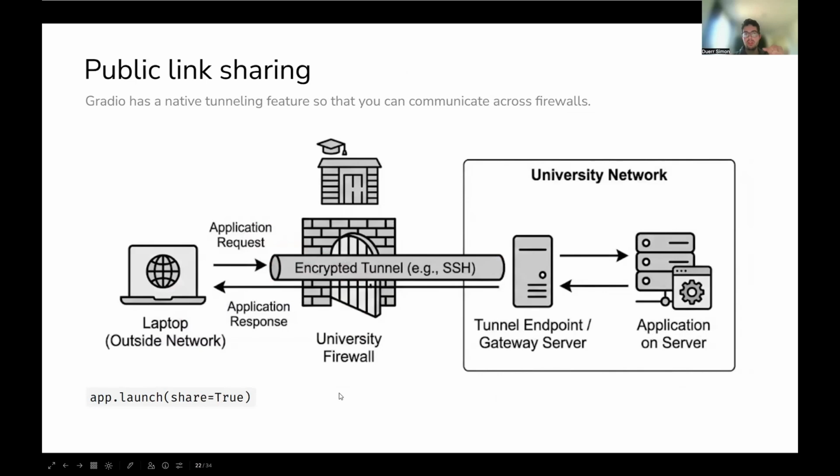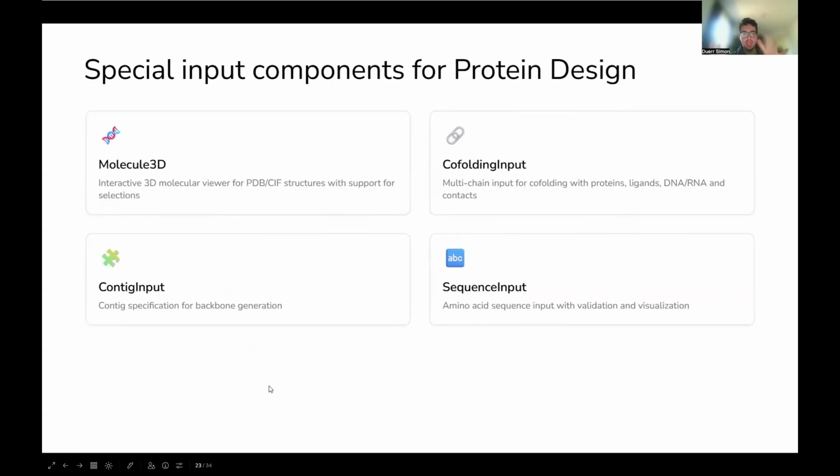And another cool feature is this kind of link sharing. So basically, they also have a tunneling feature where, if you're working in a university, most often they have a firewall which prevents you from directly connecting to the servers in the university. But basically, if you run one of these Gradio applications and you add this share equals true flag, then you will be able to bypass the firewall of the university because your connection goes through a tunnel, which means you can run something on your workstation, you can give the link to your collaborator in a completely different university, and they can directly run the model on your resources for testing. So it's really great also to quickly test things. This is the background for Gradio.